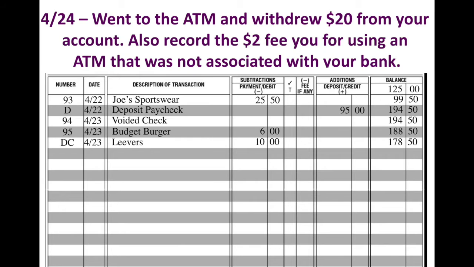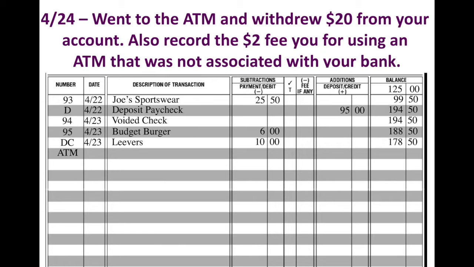Our next transaction, on the 24th, we went to the ATM and withdrew $20 from your checking account. You also have to record the $2 fee you have for using an ATM that's not associated with your bank. If you remember from last chapter, some banks will charge you if you're not using their own ATM. So to record this into our check register, because we have to bring our balance up to date, we will